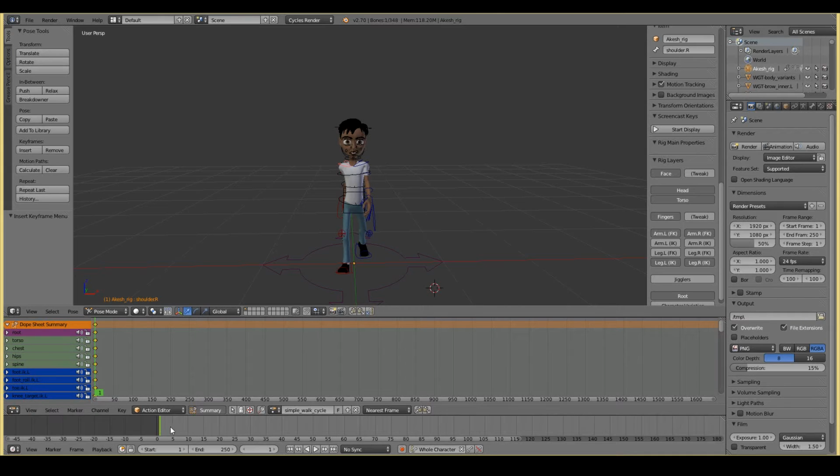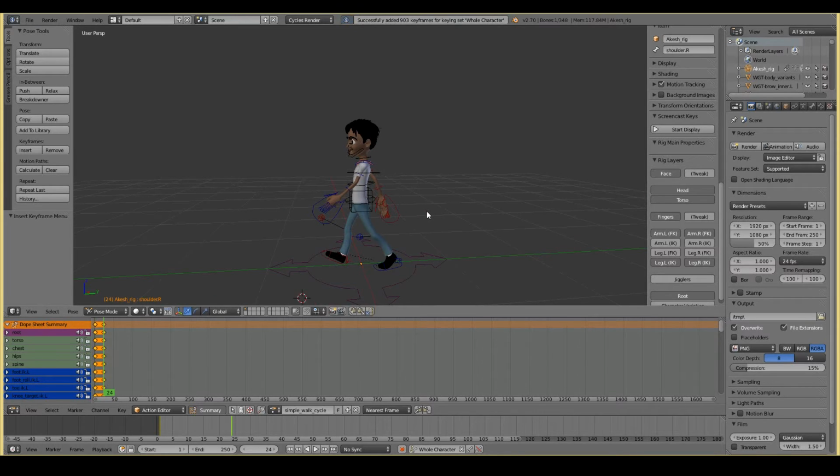Alright, based on timing and the fact that I've done it a lot, I know that at frame 24, I need to have the same pose again. That's the walk cycle. You start with one pose and then you do the cycle and you end up with the same pose again. So I pretty much have to duplicate the same pose over here. So I just press I again, and that same pose is duplicated.